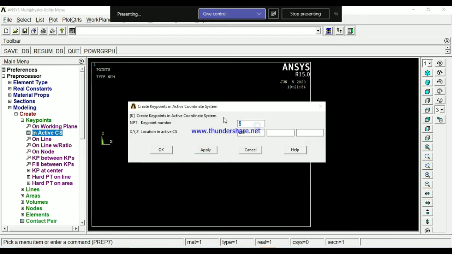Next, node number 3: you can give an expression also, 200 plus 400, apply. Then node number 4: add the expression, plus 100.